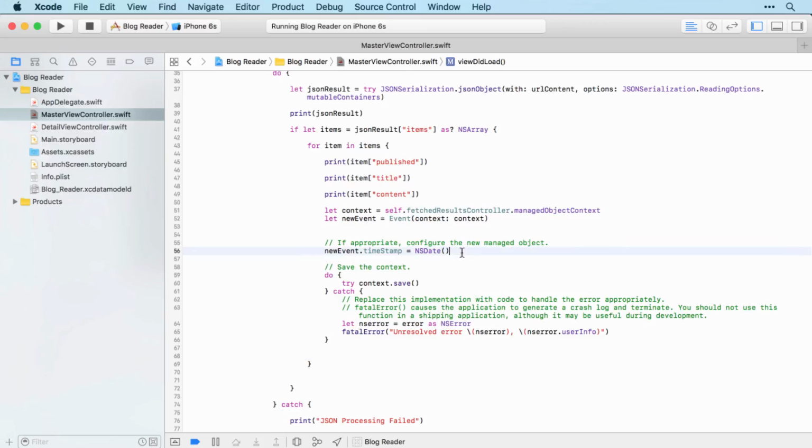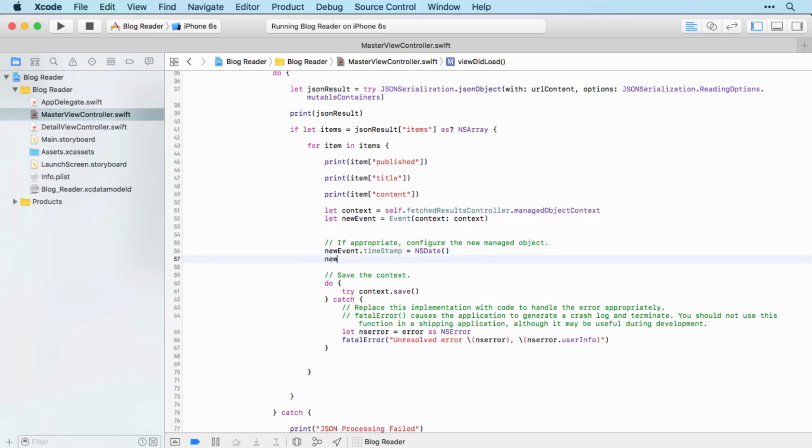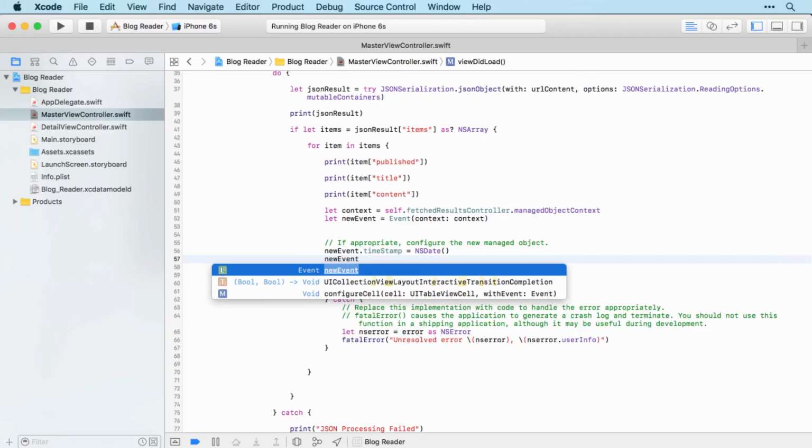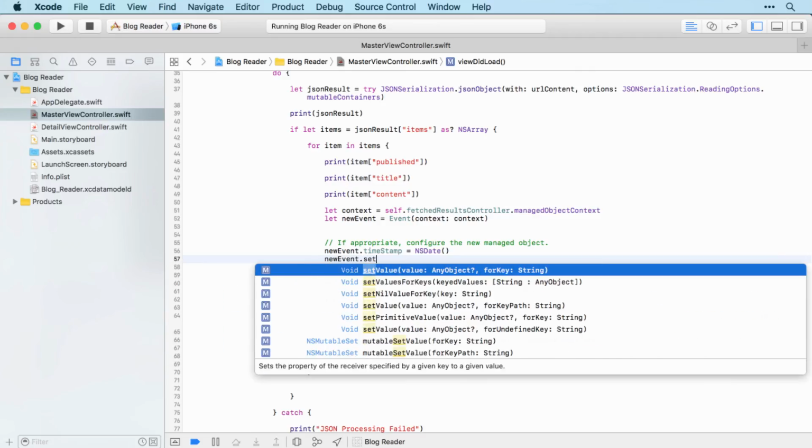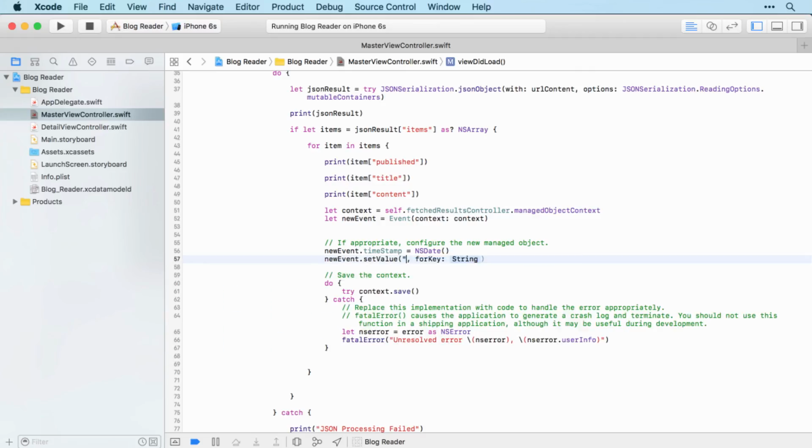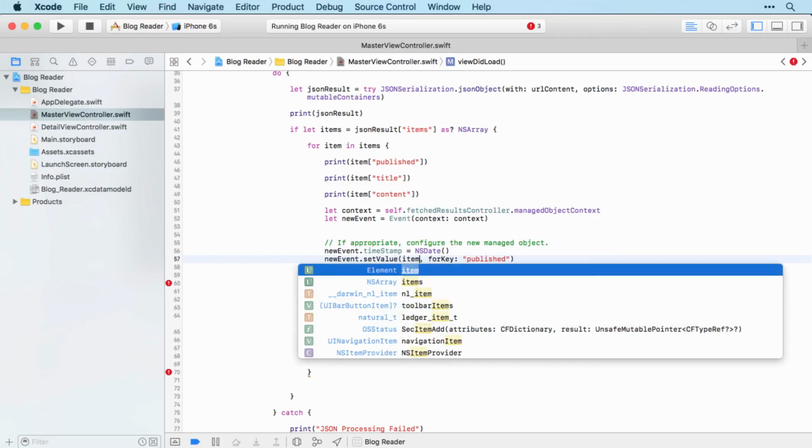And then we're going to add the timestamp. We're also going to set values for the published. So this is for the item with a key of published, and we'll use item